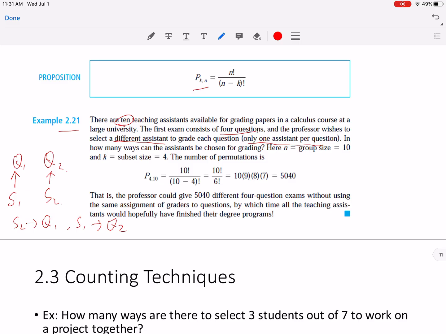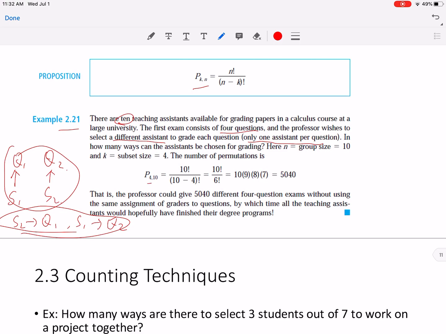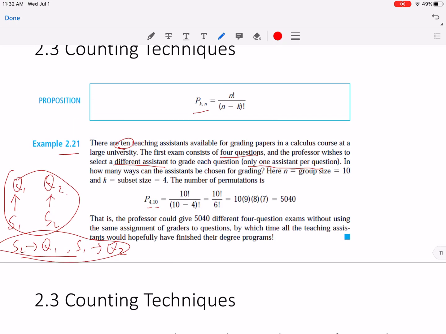They're different, right? Because we have different students grading different problems. So those two groups are completely different from each other. That means the order matters, and we want to think of the permutation. Okay? So the permutation would be P sub 4,10. So based on the proposition we have here, it's going to be n factorial, which is